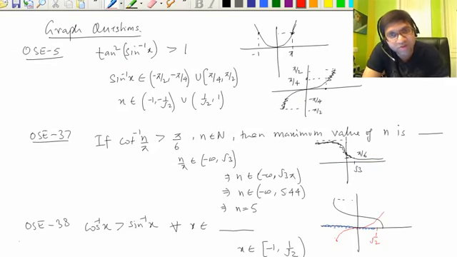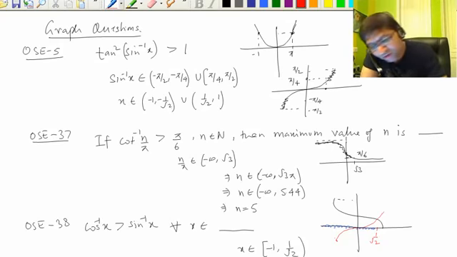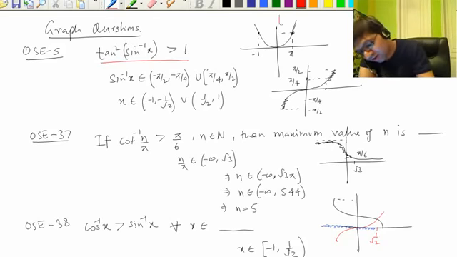There are many other questions based on graphs, so you have to separate out these questions from the inverse topic, because you just draw the graph and do them, something that you have already done in the functions topic, right? If you revise them, you can do them in the exam. For example, tan inverse of tan square sin inverse x greater than 1, from the graph of tan square x.